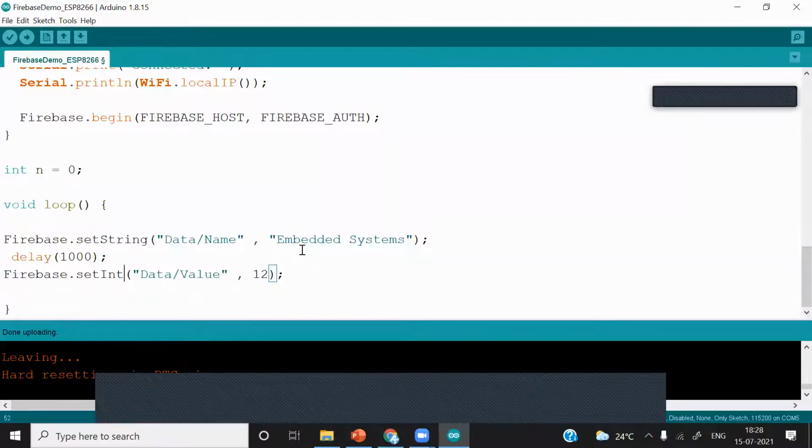Whenever we are sending the string data type, we have to use the function setString. Whenever you are sending the integer data type, you have to use the function Firebase dot setInt. After that I will give a delay of 1 second.